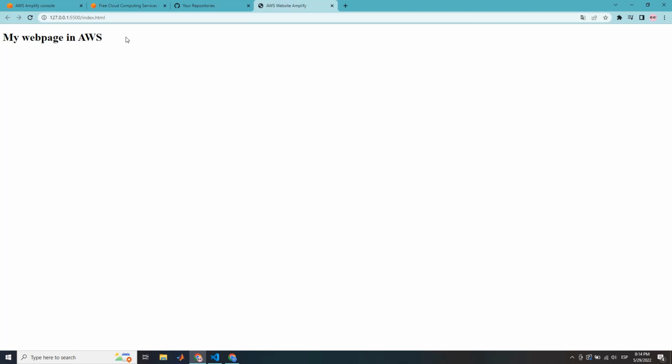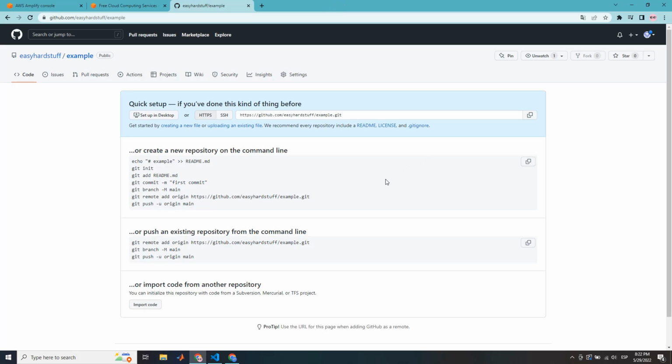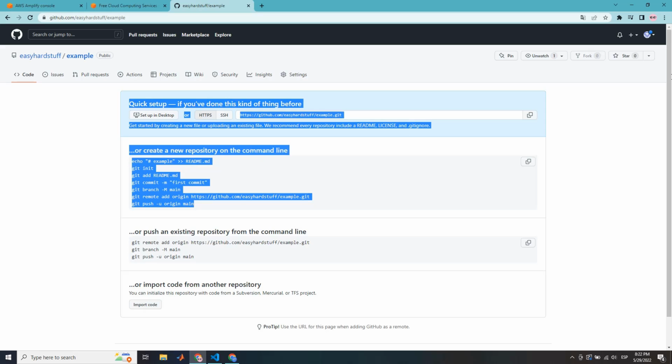Here it is in my computer, it's in the localhost, and our goal is to host it in the internet with AWS. The next step is to connect your GitHub repository into your computer. When you created your GitHub repository, GitHub shows you these commands in order to connect your repository to your computer. So what you're going to do is copy these commands with the button right here